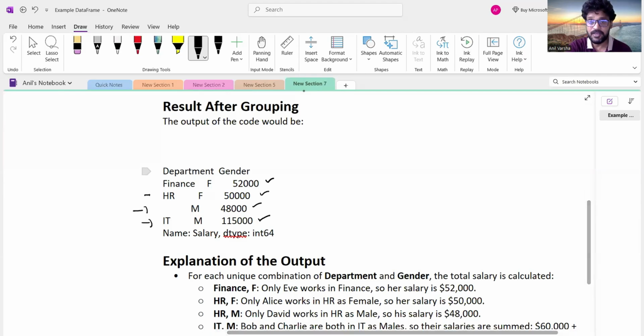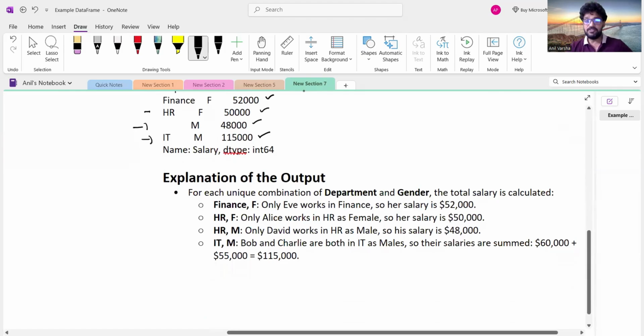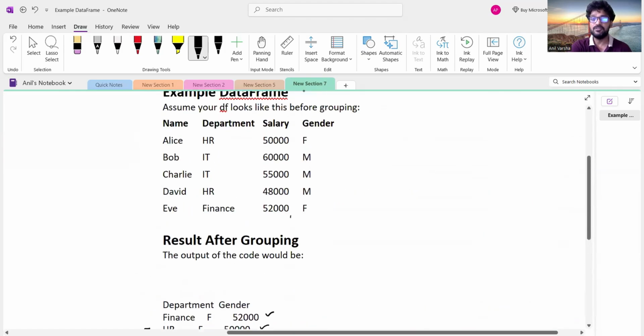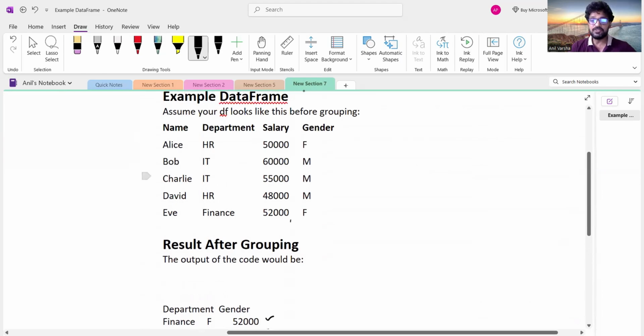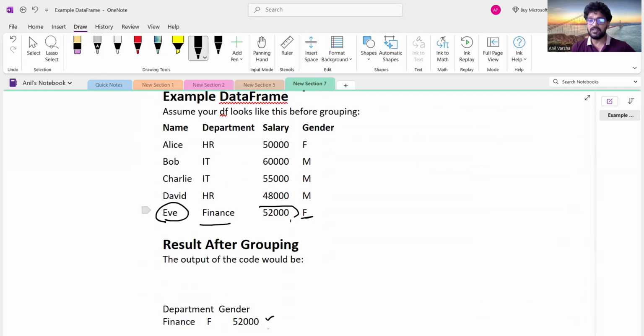1,15,000. Okay, so understand. In finance, only Eve works, so her salary is 52,000. So Eve works in finance. Now, in HR, two people work, Alice and David. Both of these people,